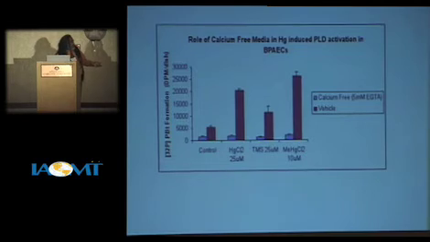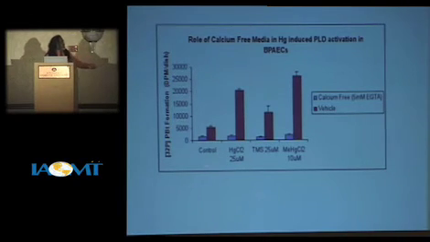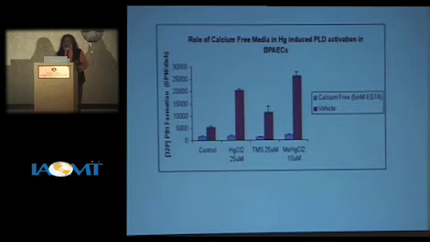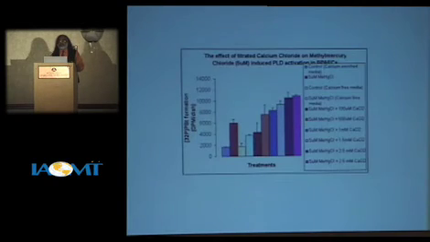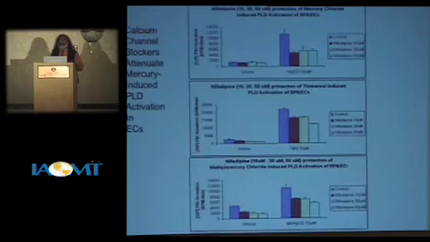And then when we remove calcium from the medium, in the calcium deficient medium, there is no activation even if you put mercury. But by the time you add calcium, the activation goes up. So calcium is very tightly associated with mercury-induced phospholipase D activation. And when we titrate back, add calcium to the deficient medium, again you see the activation.